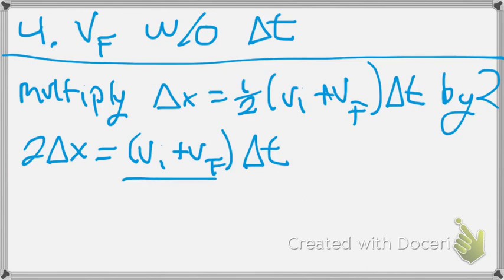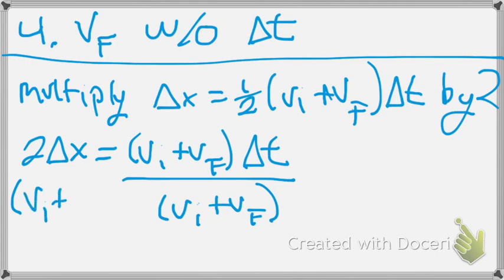And then we are going to divide both sides of the equation by the velocity initial plus velocity final portion of this in order to isolate time. Because remember, we're trying to solve without time, so we need an equation that is solved for time to plug into another equation. So when we do this division, this cancels, and we're left with the